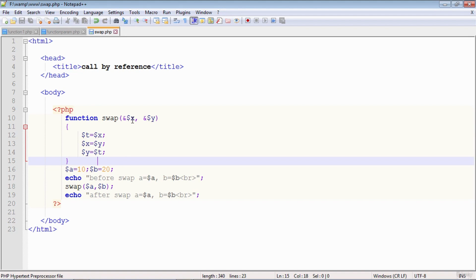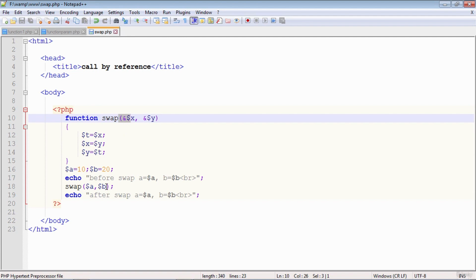But if you want to pass the reference of the actual argument, then you have to prefix the ampersand symbol to the name of the formal parameter, and then use those variables inside the function. As a result, what will happen? Whatever changes you perform in the formal argument will be reflected in the actual argument